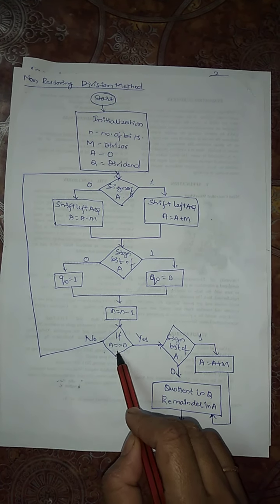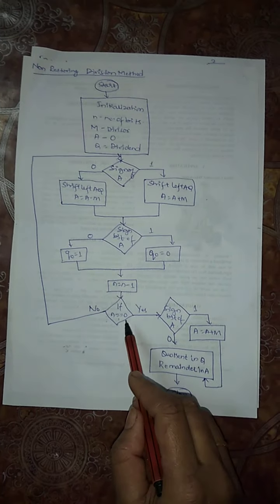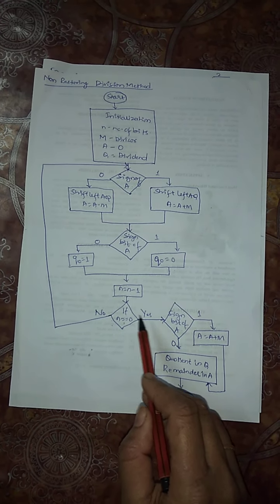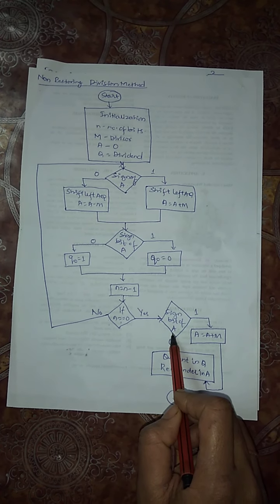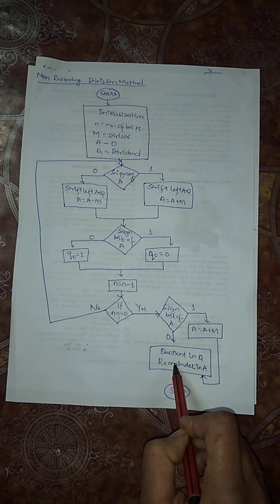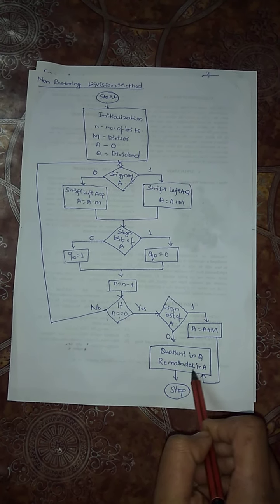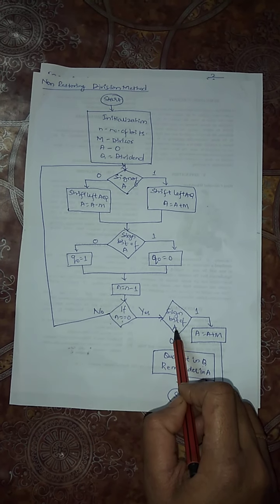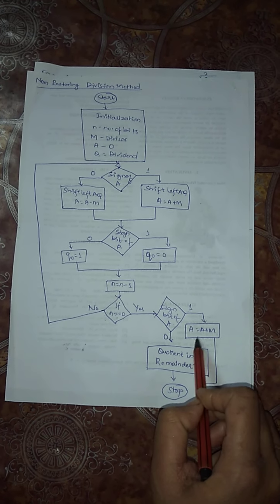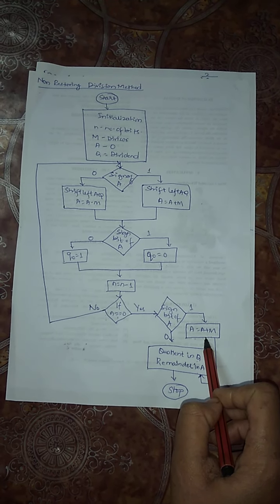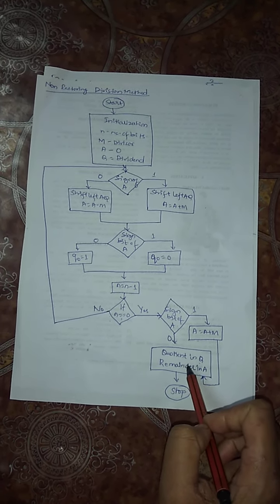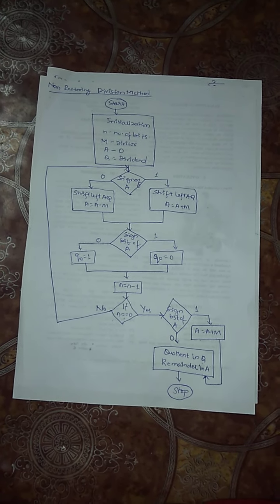Now when the value of N becomes 0, that is when the count becomes 0, we have to get the result. So here we check the sign bit of A again. If the MSB of A is 0, we directly get the answer: the quotient is present in Q, and the remainder is present in A. Suppose the MSB of A is equal to 1. Then we have to do one more operation, A is equal to A plus M. After that is done, we find the result in the same format: Q has the quotient and A has the remainder.